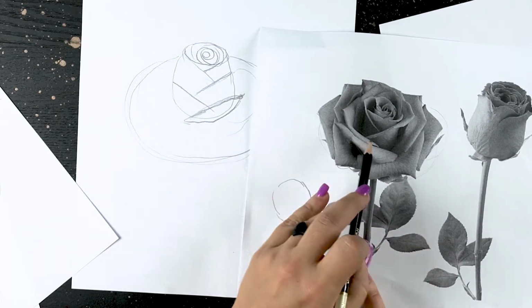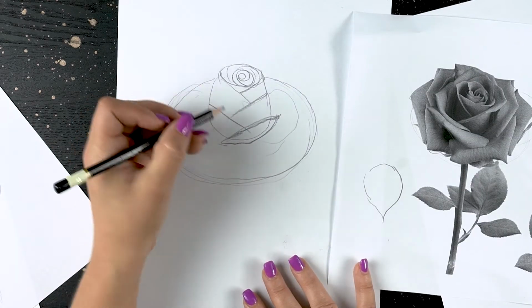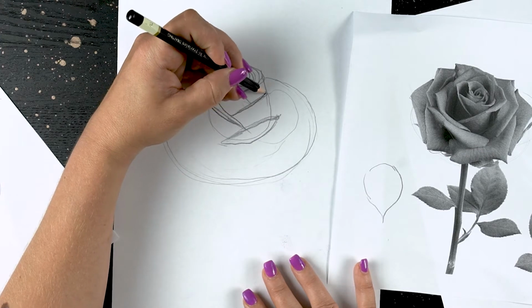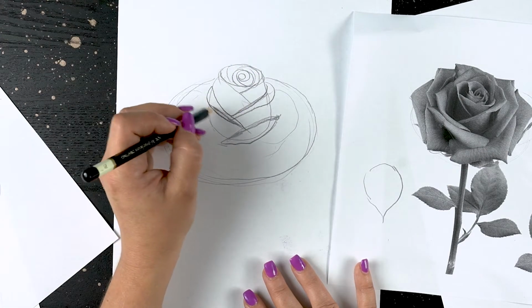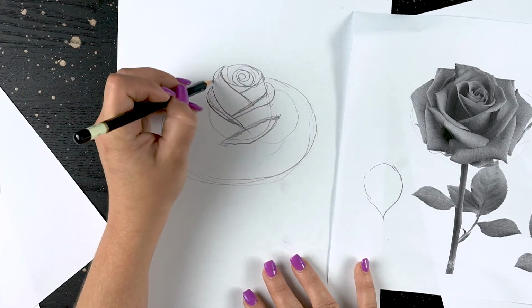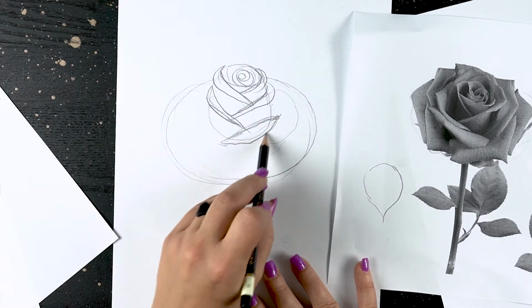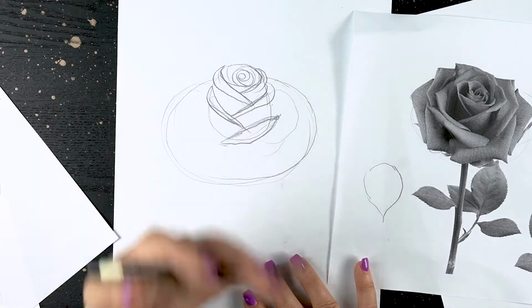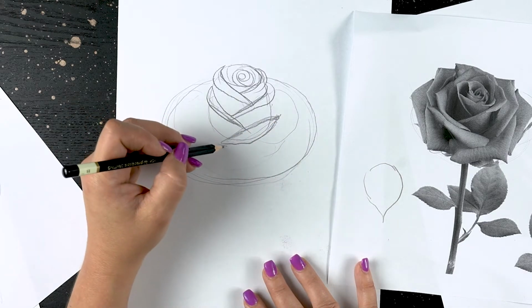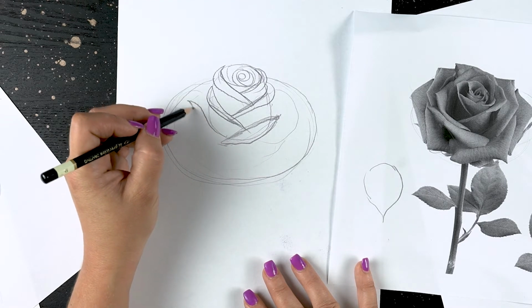And you can see that staircase pattern happening even more in this flower. So from here, these will have a curled over view of the inside of the petal. So I'll make those kinds of shapes. And then here we're looking at the top view of a petal that's closer to us. It's very foreshortened. And then maybe on the side you'll have another one where you see a curled